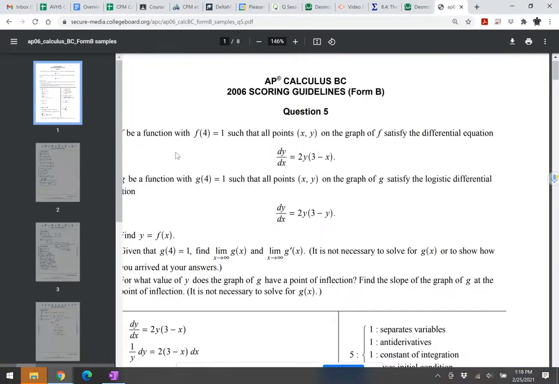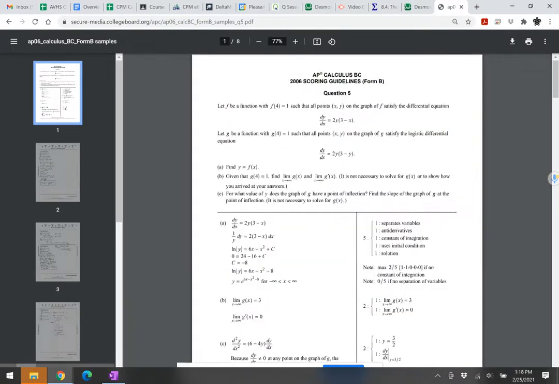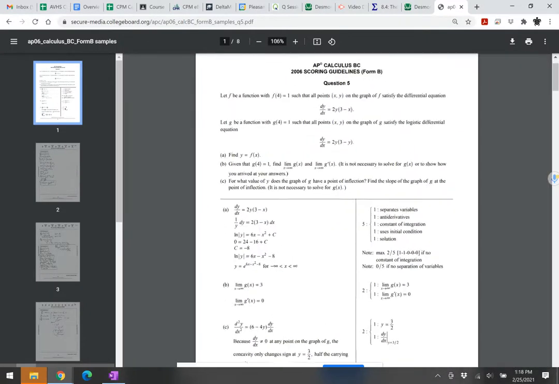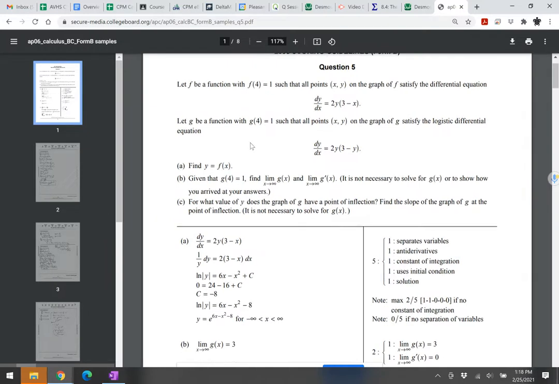So they're problems that could go one of two ways. You could go really long down this road trying to separate and integrate, or you could just, a lot of times, like in this case, this first one you may think is logistic, but it's not logistic because it has to be y here and y here, okay? This one is logistic. It's 2y times 3 minus y. You might immediately think to yourself, the low water mark is 0, the high water mark is 3. And the questions might say,